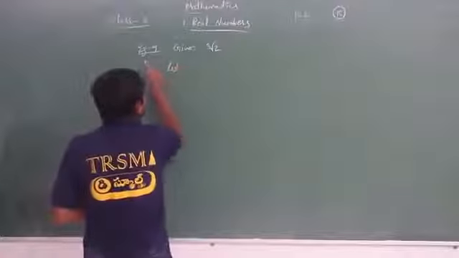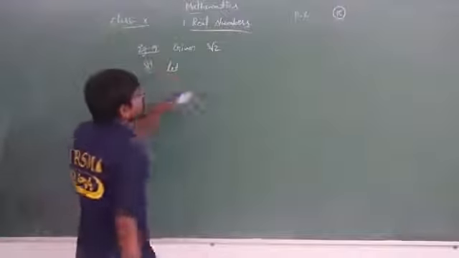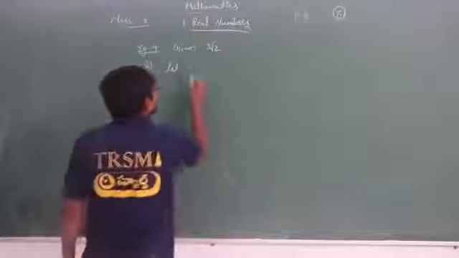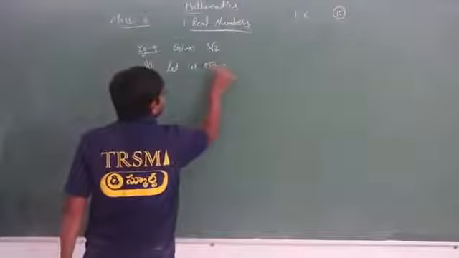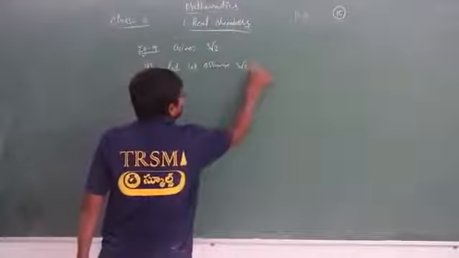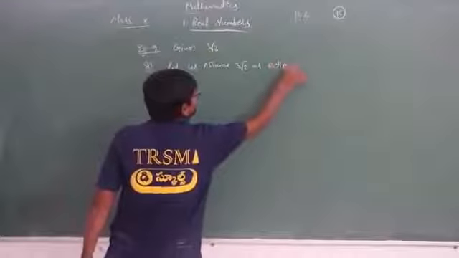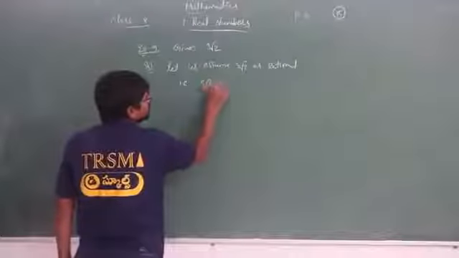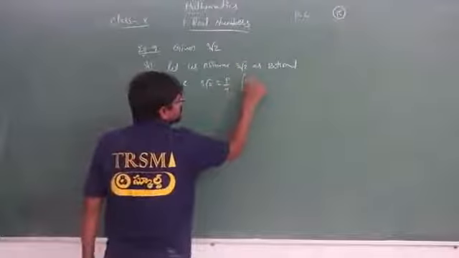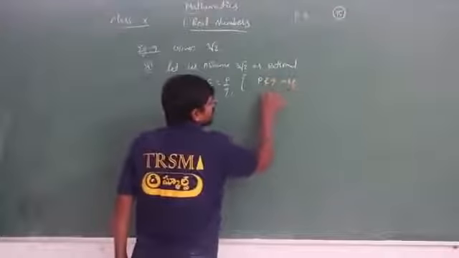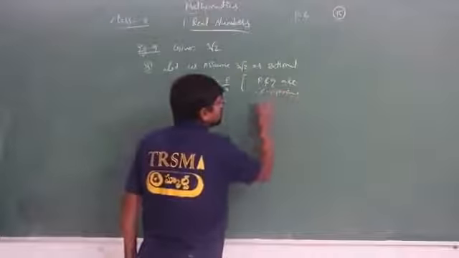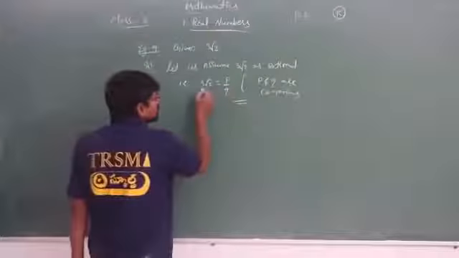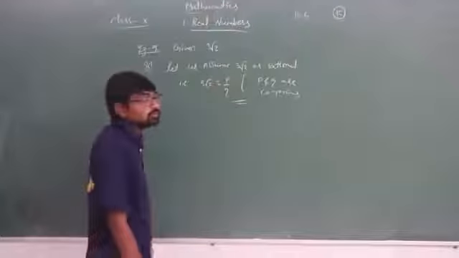So let us assume first this as what? Before showing this as irrational, we need to assume that as rational. So let us assume 3 root 2 as rational, isn't it? Therefore 3 root 2 is equal to P divided by Q, since P and Q are co-primes. This step is very, very important. Hope you all know about this. Now we are just representing in the form of P by Q.